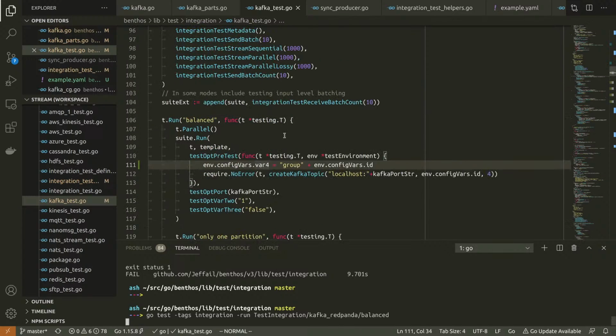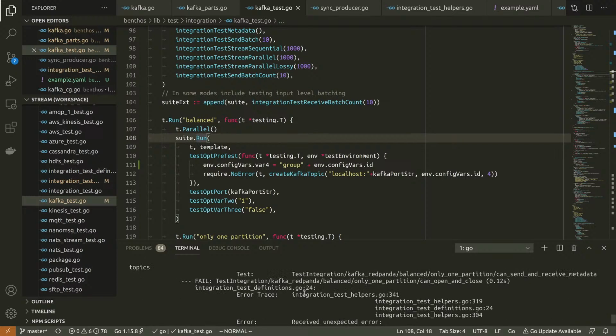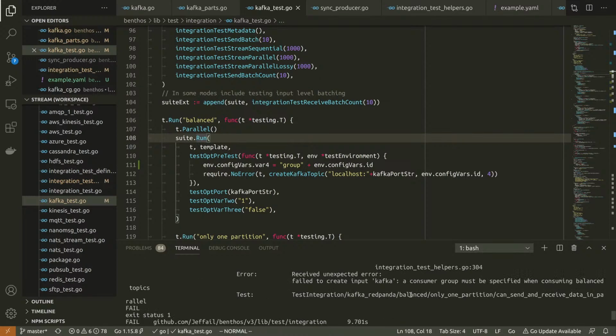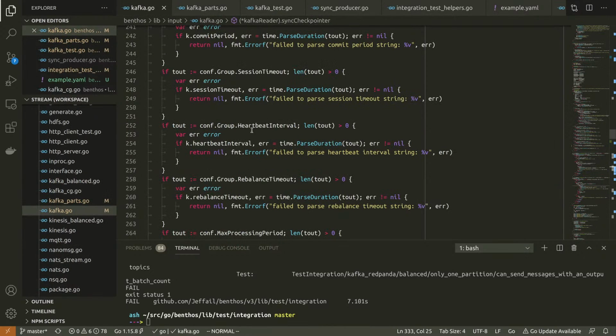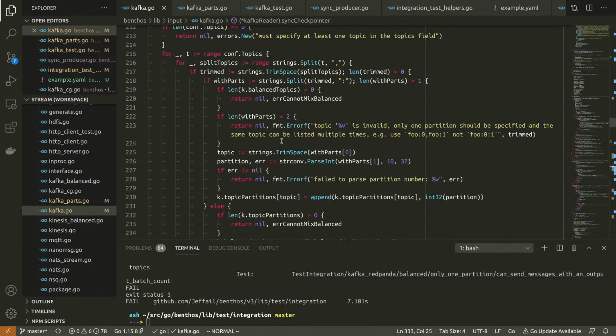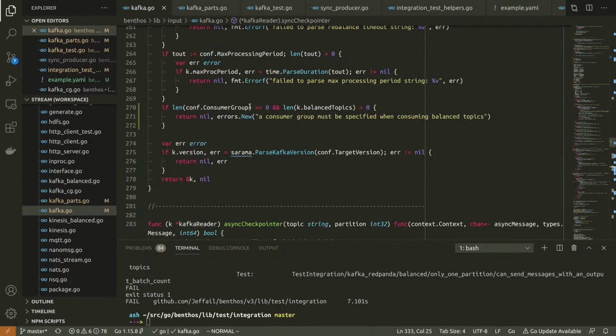Let's just run one of these. Balanced. That is interesting. Is that an actual error in my... Yeah, that means the consumer group is empty.